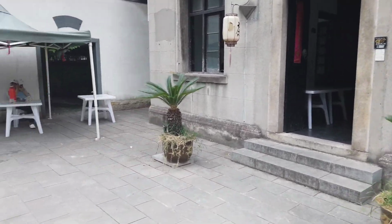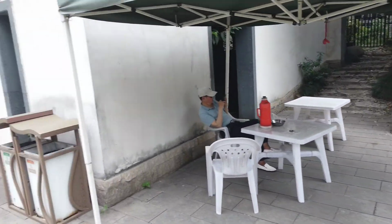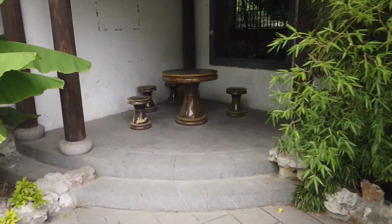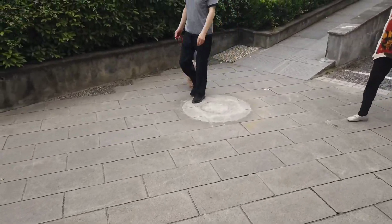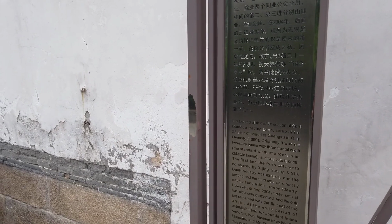So here we're entering now another cluster of older buildings. Last time I was here, quite a number of older Chinese were playing mahjong and cards. Not so much now. The other thing, as with last time I was here, I was actually kind of chased by a bunch of dogs. Okay, according to this sign here,